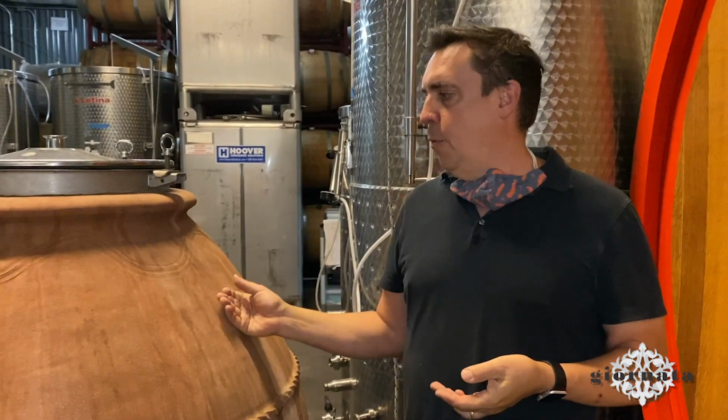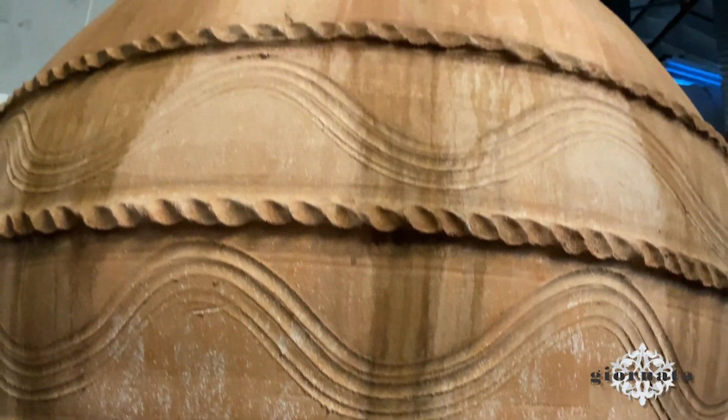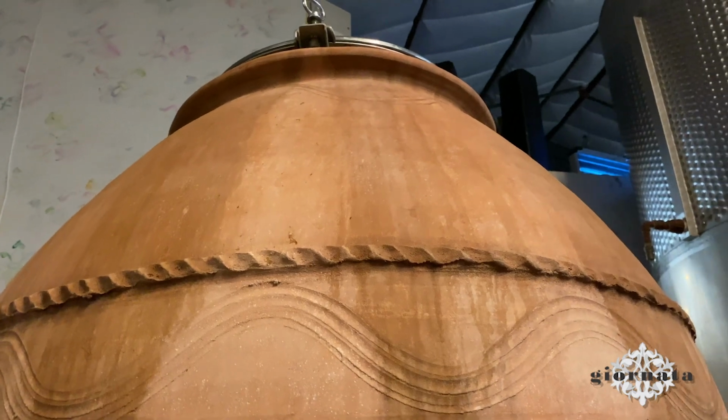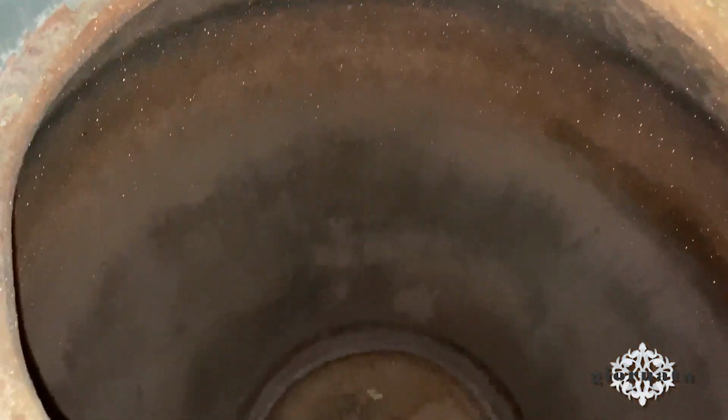So it's been a really fun development to be able to work with these clay vessels. They're made out of terracotta clay. At Giornata, we got our first amphora 10 years ago, and we've used them exclusively for making white wines on the skins. So part of our Fatto a Mano series, which we're just releasing,